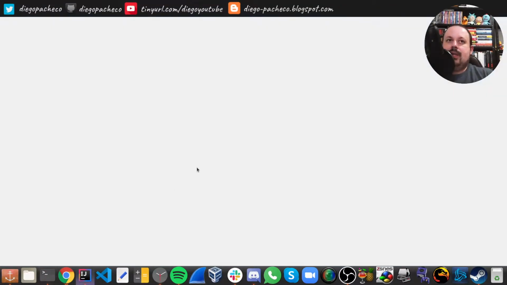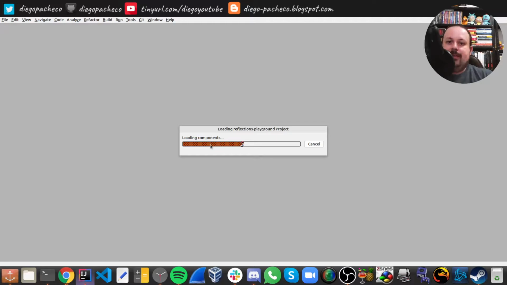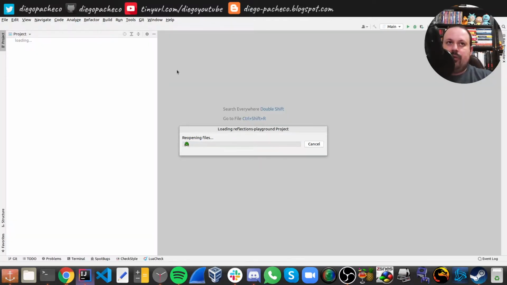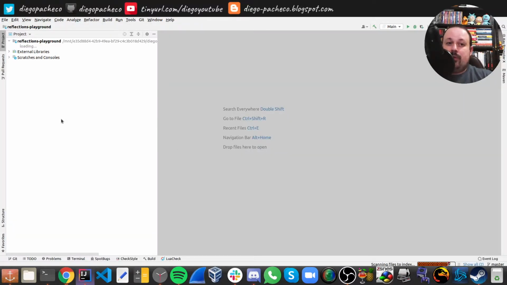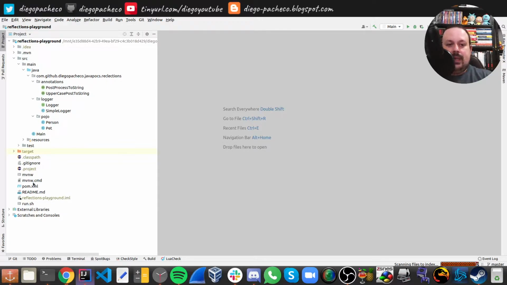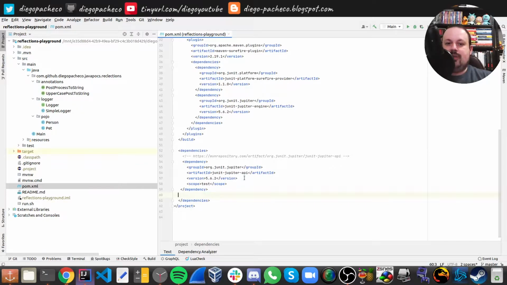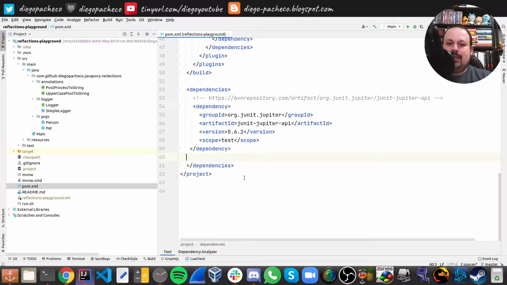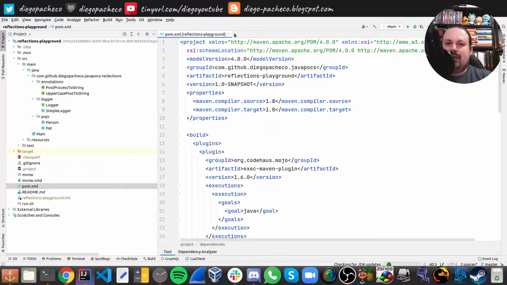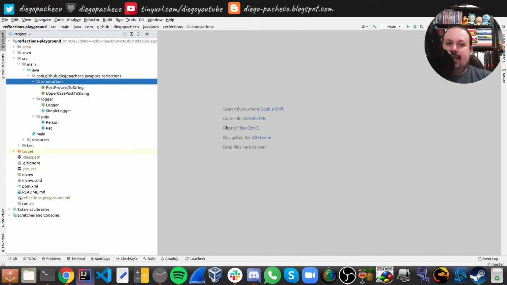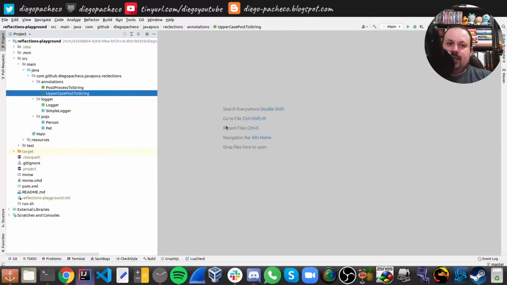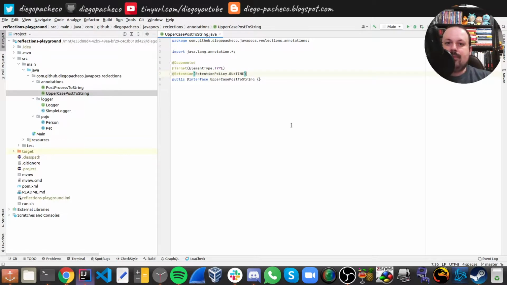Okay, so I have an IntelliJ project here. Let's take a look at the project structure. So I'm using Maven to build this project, and as you can see here, I basically don't have any dependencies, just JUnit, but it's for testing, right? So no external dependencies, just the Java standard SDK. And I have two annotations. So level one is this